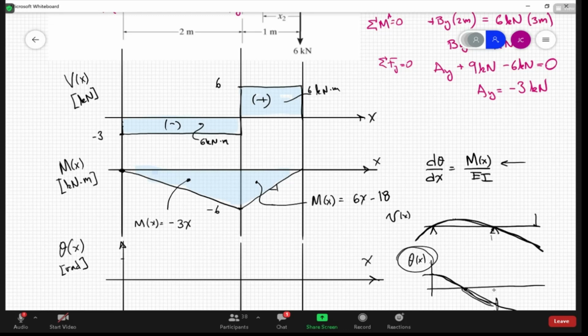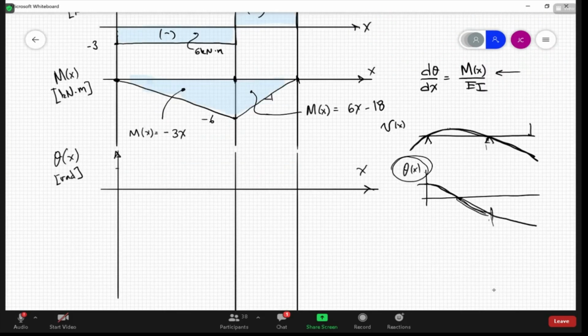If you put in x equal to 3 at the right point, it goes to 0. If you put in x equal to 2 right here at point B, you get 12 minus 18, which is minus 6. So if we were to piecewise integrate those, we know that,